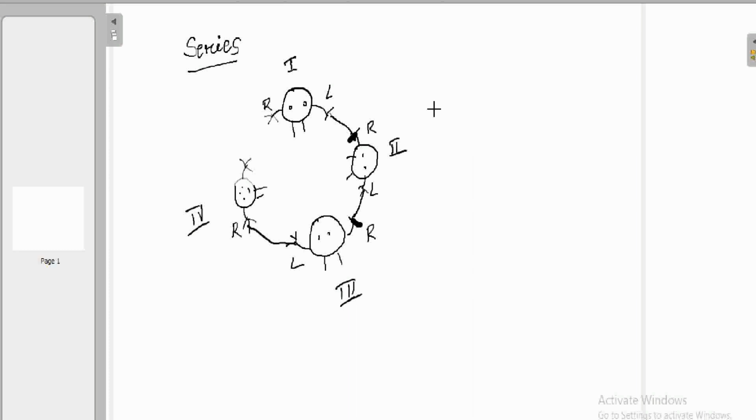And similarly, if I consider pipes, this is the first pipe, this is the second pipe, this is the third pipe, and this is the fourth pipe. If I connect a junction point between them using a valve or anything, if I connect these two pipes,